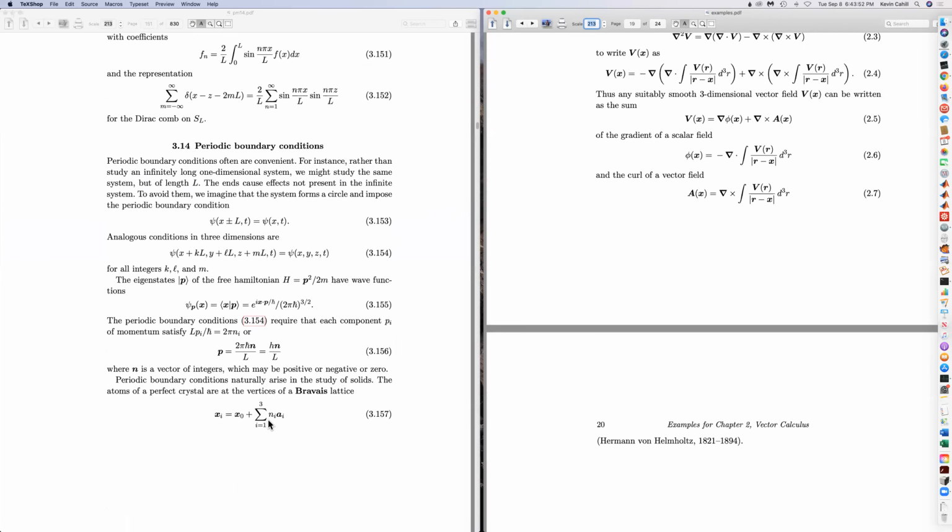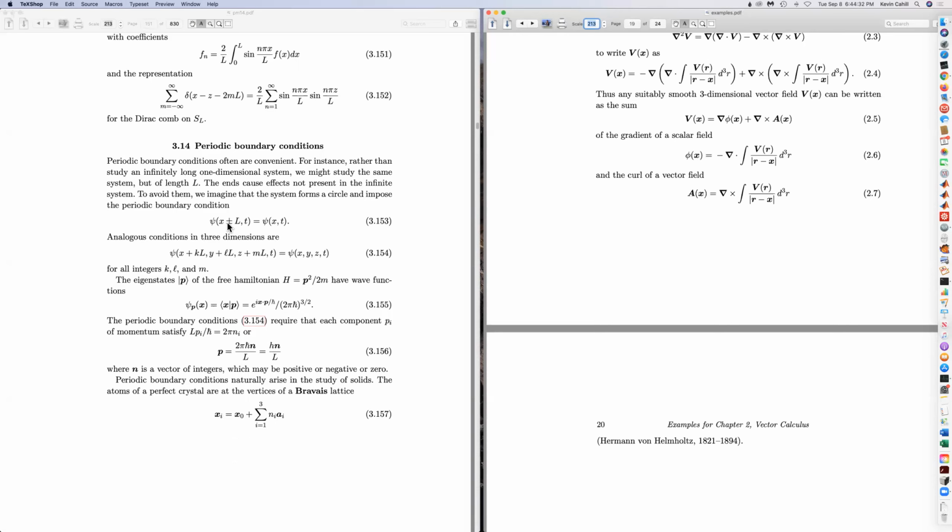Briefly, in 1 minute, periodic boundary conditions. Well, periodic boundary conditions are what you do when you can't really solve the problem. Or they are what you do if you're studying something that really is periodic, like a crystal. In any case, the idea is to imagine you have a string and you join both ends. And so